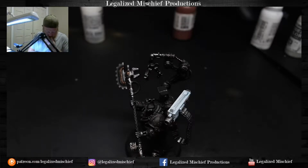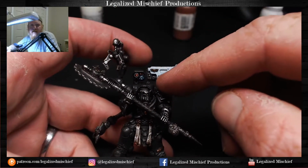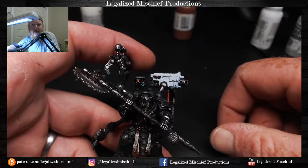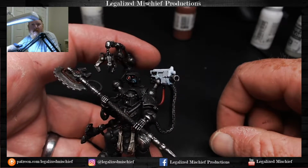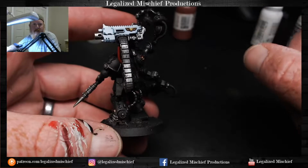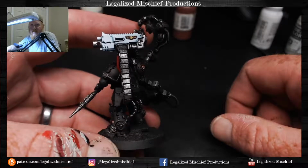So like the blue green that I used for this lens, I'll use for OSL on like plasma guns and stuff. The red hoses I'll carry throughout. So whatever I paint this pouch is what I'm going to paint all the intercessor pouches, all the reaver pouches, all just pouches are going to be painted